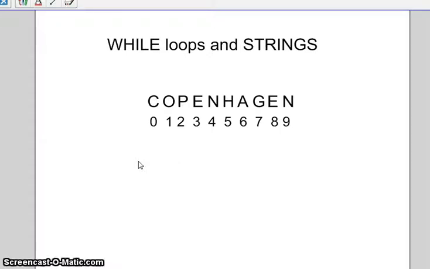Now, for loops are used when you know how many times the loop has to execute, and work with the instructions. But in a while loop, there's no certainty. So for instance, here's an example. A word like Copenhagen, right? Just by the look of it, I know there's 1, 2, 3, 4, 5, 6, 7, 8, 9, and 10